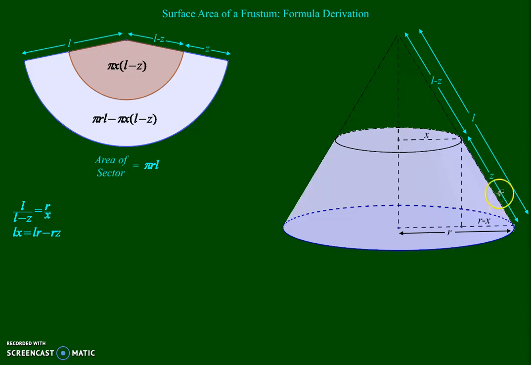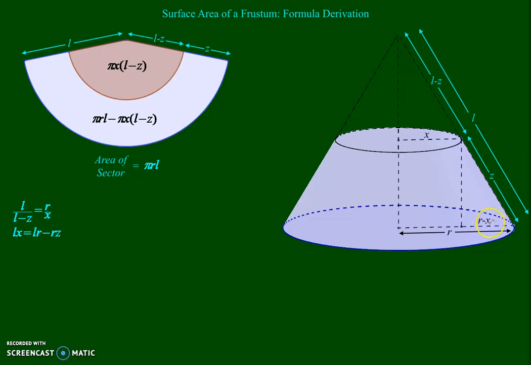So it's going to be critical for us to get rid of any expressions in terms of this L slant height here. So here we have two of them. So we're going to have to put this in a form where we're solving for L. Now, one of the other very critical elements is that I'm going to have a result that has R minus X in it. This piece here is going to be a crucial factor as we substitute in here and in here for this slant height. This L is going to go away, and we're going to need to replace it with something that gives us an R minus X in it,